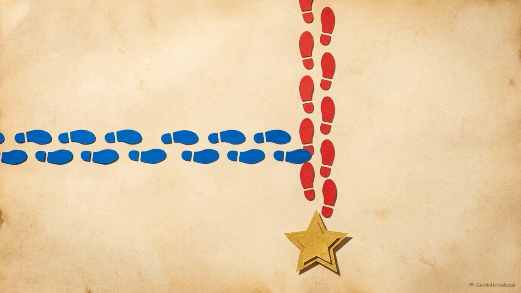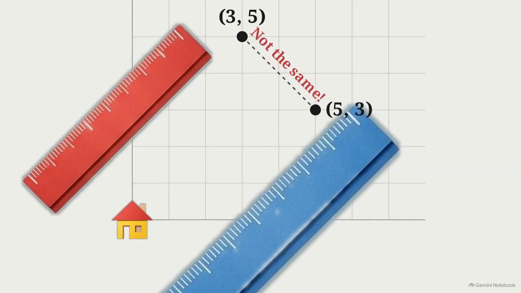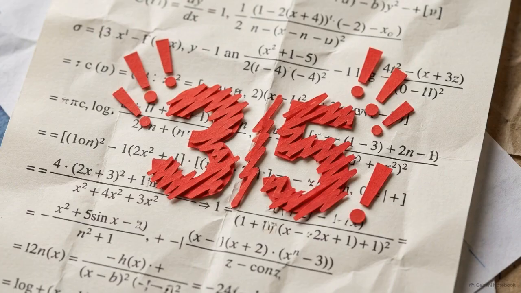The sideways steps must always come before the up and down steps. This standard order ensures everyone reading the map ends up at the same destination. A password of 3, 5 means taking 3 steps sideways, then 5 steps up. A password of 5, 3 means 5 steps sideways, then only 3 steps up. Swapping that order sends you to a completely different part of the map, and it will break the calculus formulas